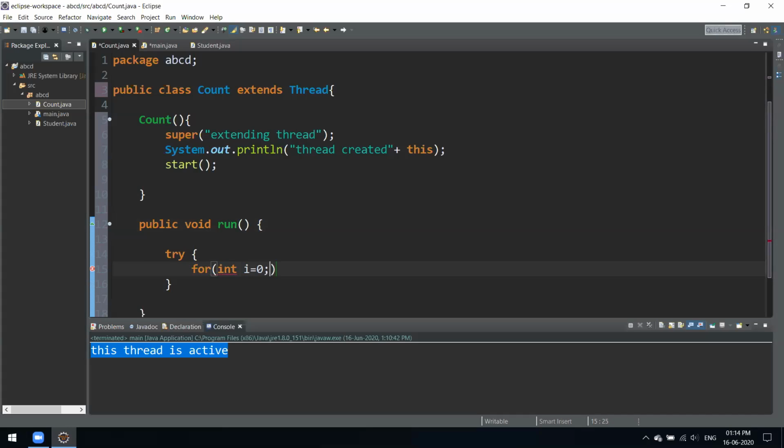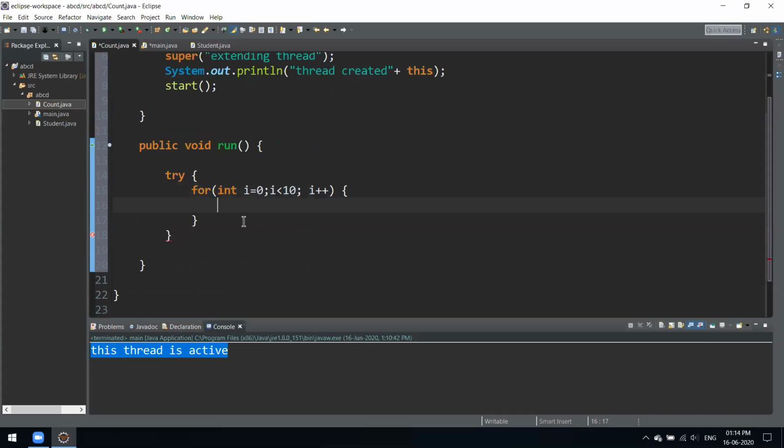I is equal to 0. What we're doing is just iterating over it. Each time this for loop is executed, we'll make this thread sleep for 1 second.